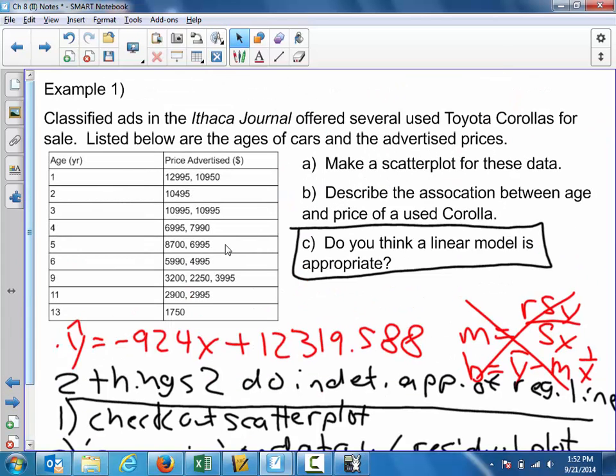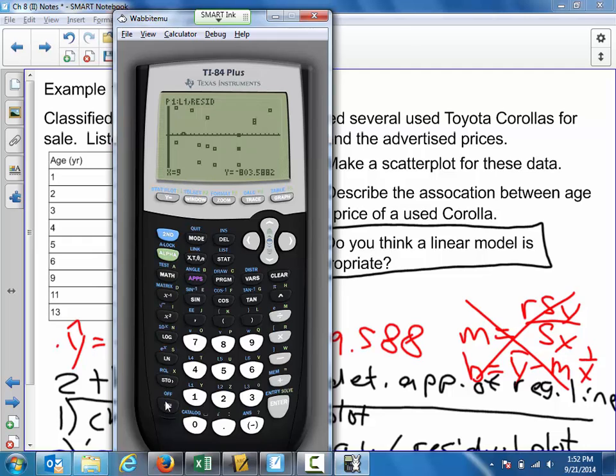R squared is a tool that will tell us how good a job, like I had talked about before, our regression line is doing. Let's go back, for instance, here to this data that we saw for these ages of cars and the asking prices that someone was trying to sell them for. Let me get this guy on real quick. Let's go to stat, calc, linreg one more time, and I will use the same data. I'm going to use L1, comma L2. So we've got year, asking price, and r squared is given to us here as